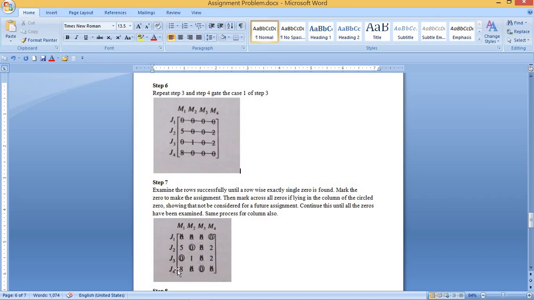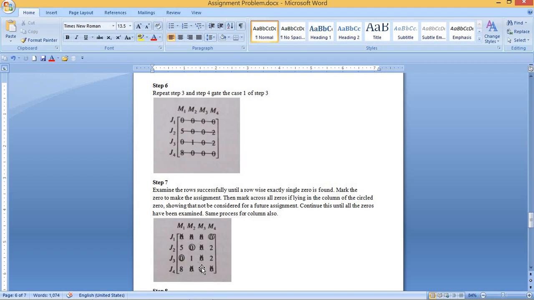After that, we consider this row, where one zero is already cut, so two zeros remain, and in the first row two are already cut, so two zeros remain. For the fourth row, the last two zeros are there, and in the first row the last two zeros are there. Now consider the fourth row. We can circle this zero. You can choose arbitrarily, either this one or the other one, both are valid.